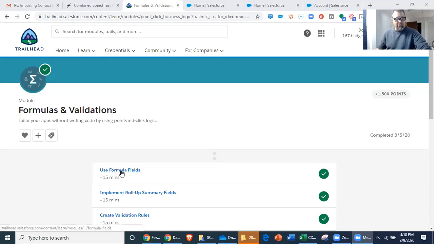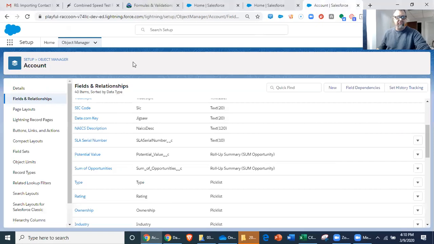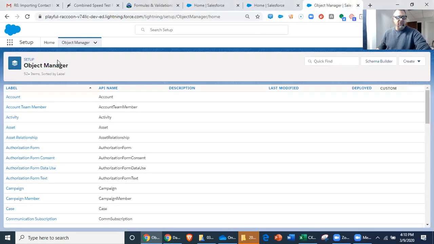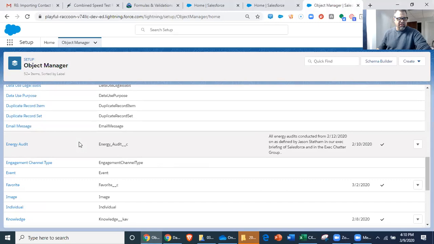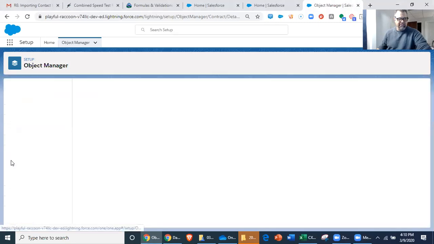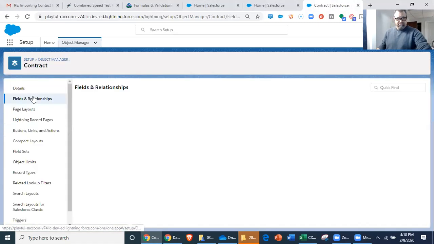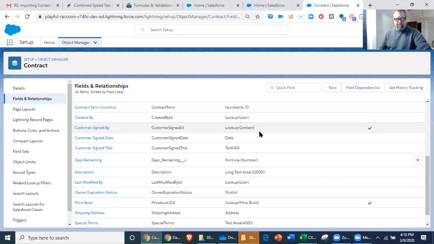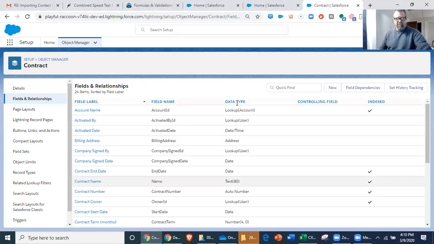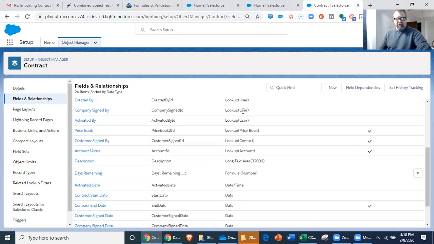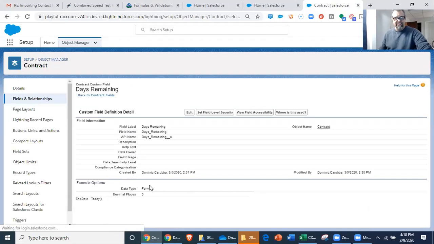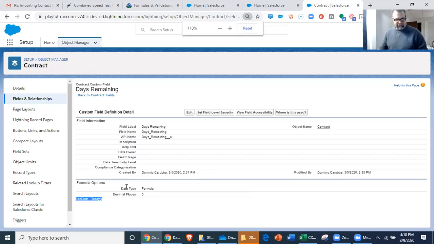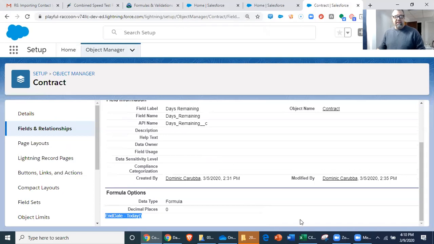So we started with formula fields, and I just want to show you in the formula, the one we know we did it on, the contract object. We wrote a formula field. And a couple of things I want to share with you about formula fields is that a formula field does not store data. It only stores the formula. So in this case, if you can see what my screen looks like,